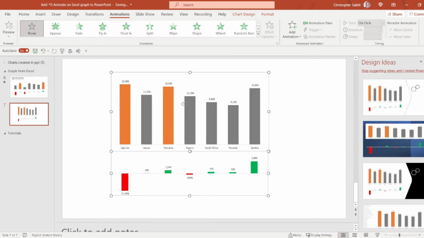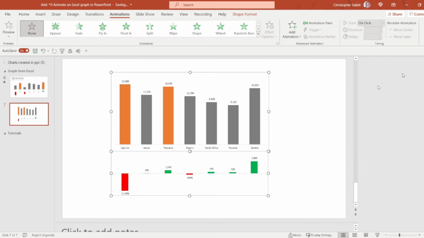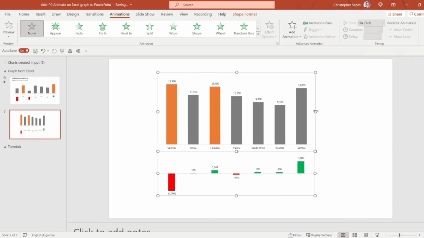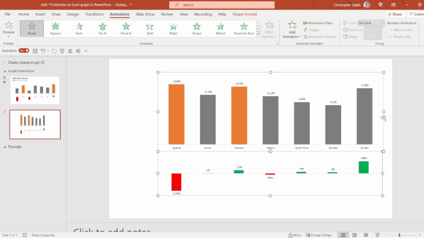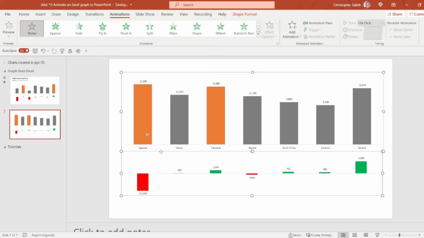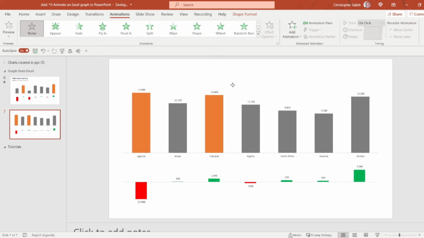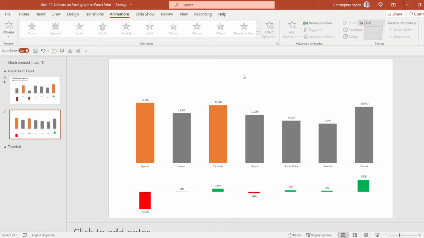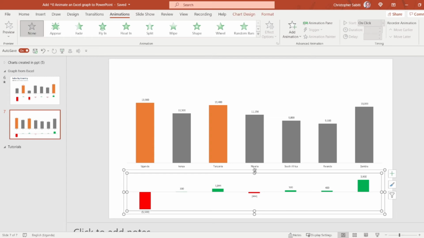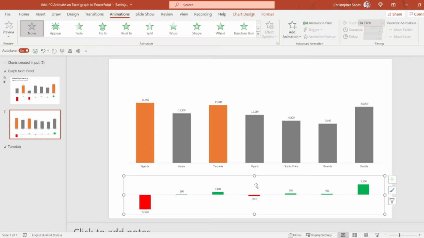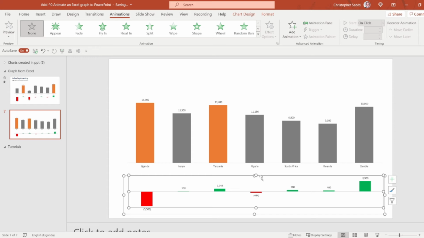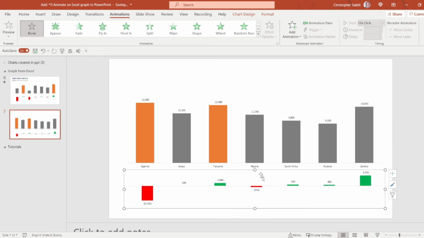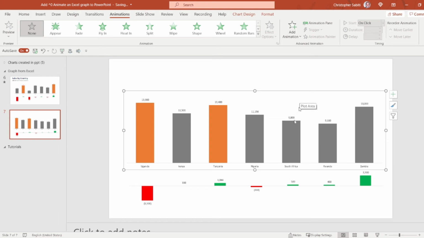So I can select the two. You don't need these ideas. I select the two, increase this such that it fits our slide. Then I will move this one down a bit such that we have space for the header. So we can reduce this more. Which means you can even do more setup in PowerPoint. You don't have to be limited to doing everything from Excel.